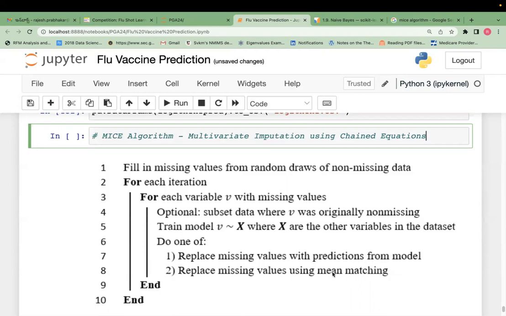If it is classification, predictions. So this is the mice algorithm. Okay, so v tilde x, tilde is nothing but equivalent to 'as a function of', where x are the other independent variables. So this is the mice